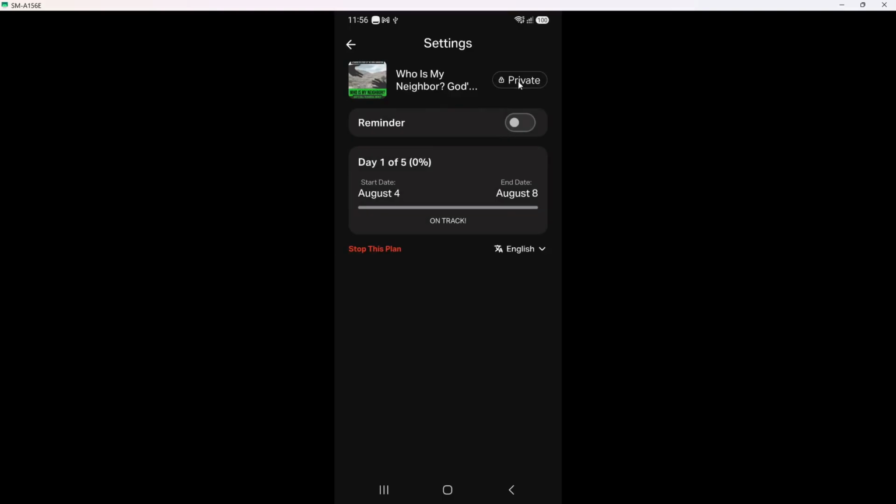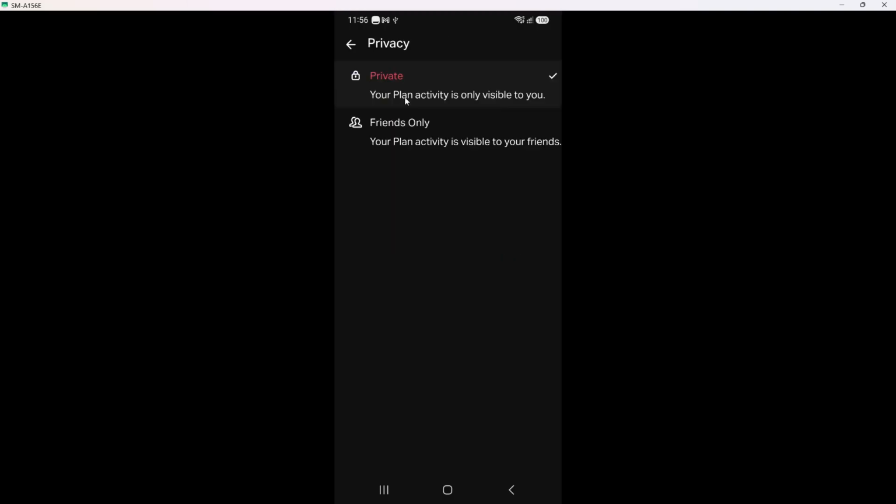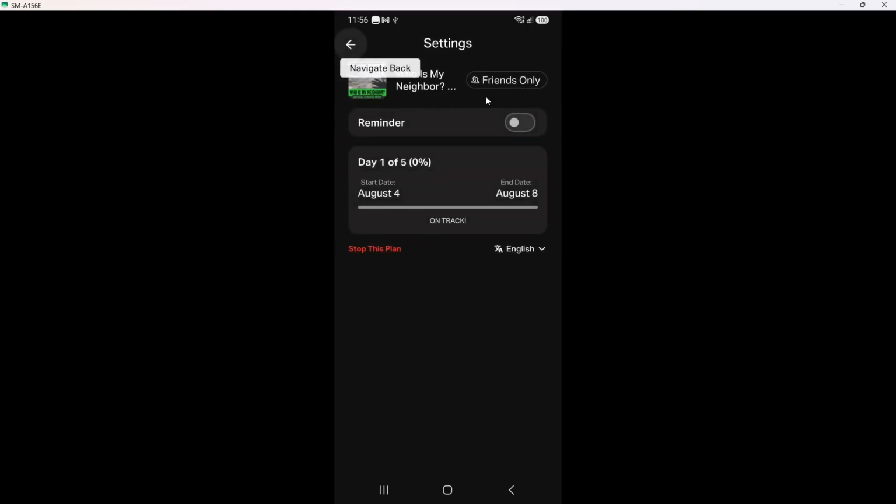With the date set, invite your friends. The app will show ways to share the plan, such as sending it through your contacts or copying an invite link to paste into a message. When they open your invite, they will be added to this specific plan group, not to a general chat.